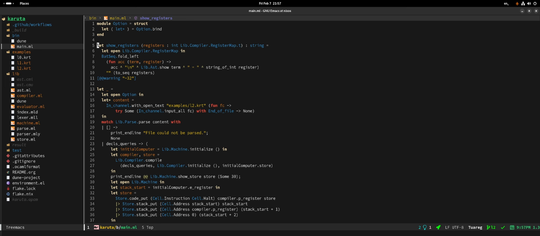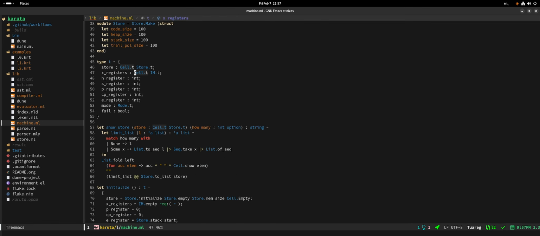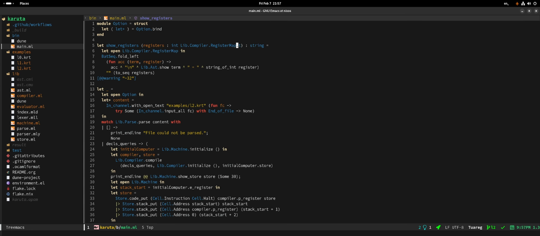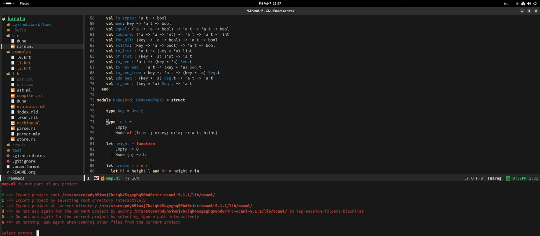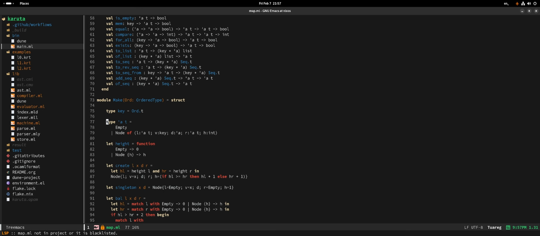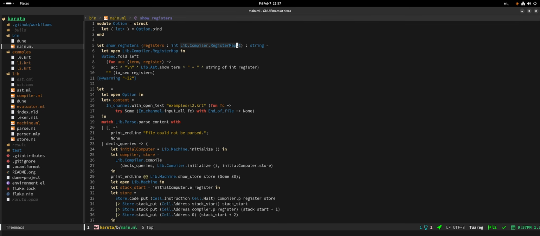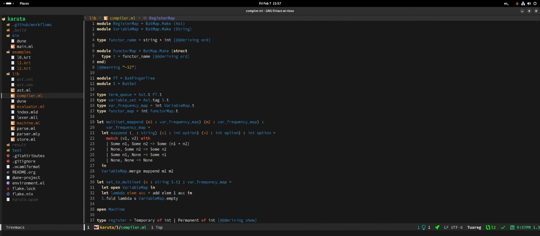Is it worth copy pasting that to here? Because this is an IMap of cells. And what is this? What the? No, I don't want to do that. Wait, IMap in OCaml source code. I didn't know that was a thing, but you can jump, yes, if you have an LSP. Okay, I didn't know that. This is a bat map. Okay, so these maps are not the same, so I can't just copy paste.